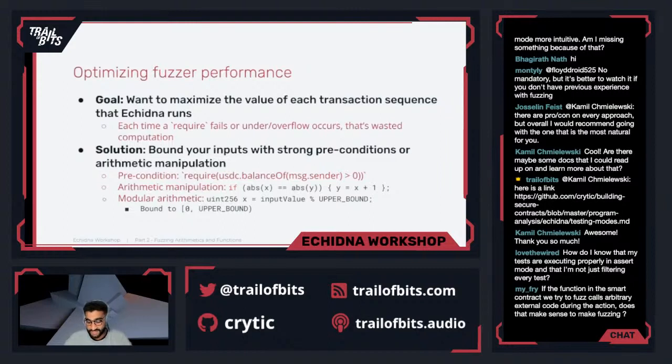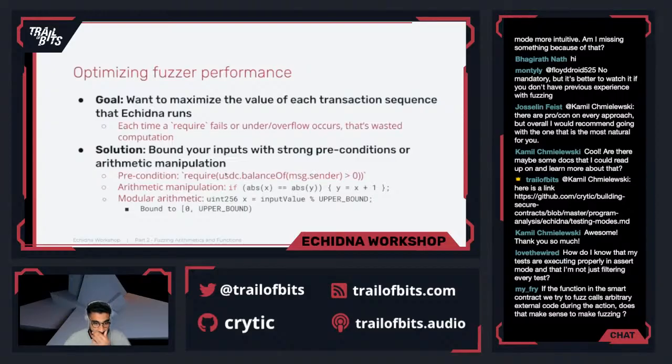So notice that in this example, optimization is not the end of the world. But when you're testing a real world code base with a bunch of different contracts, testing dozens of functions at once, if you fall into the same execution path that leads to the same overflow or same require failing, you're wasting a lot of time, and that makes your process slower and makes your life harder, realistically. So the solution to maximize the value of a transaction sequence is to bound your inputs with strong preconditions or arithmetic manipulation. We looked at the example of a precondition in the last slide, which was requiring that the